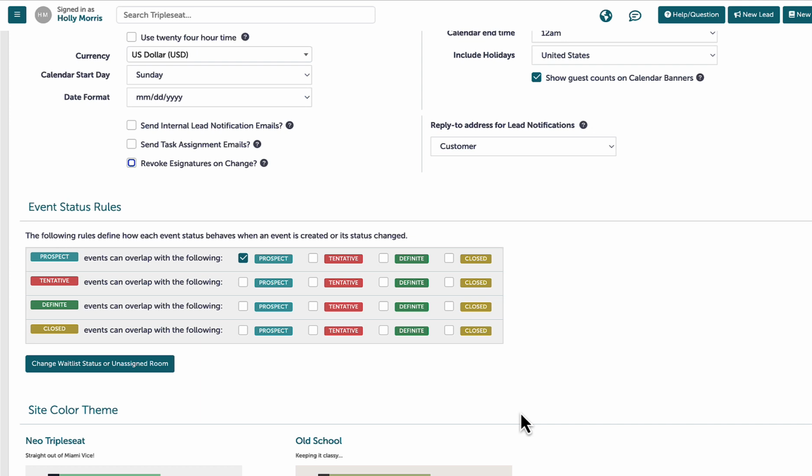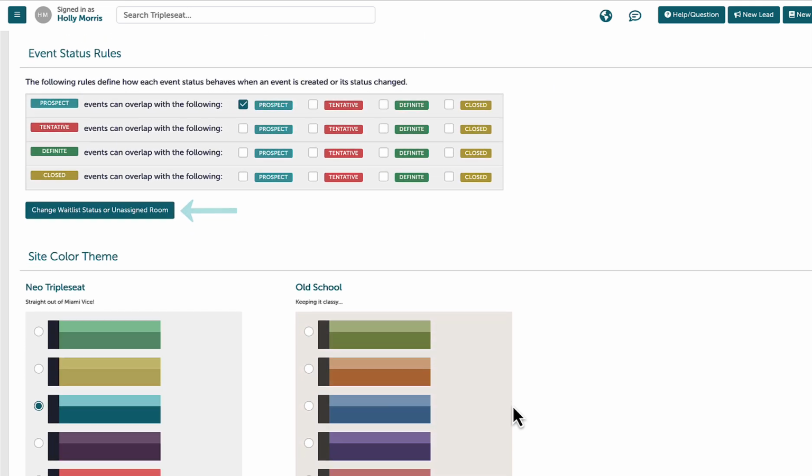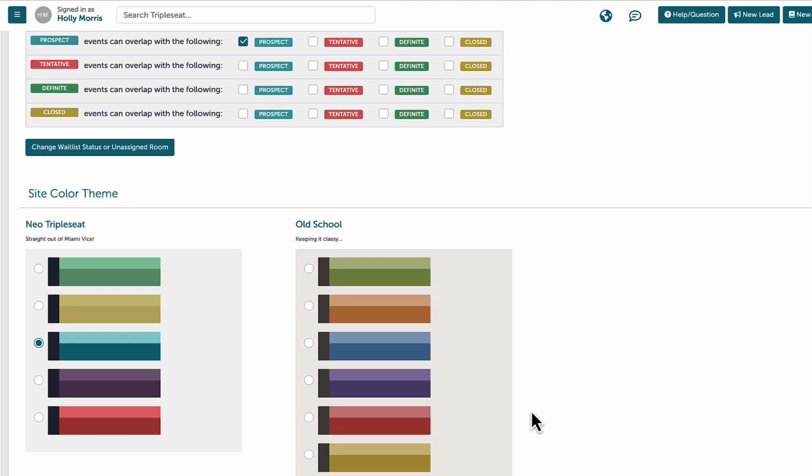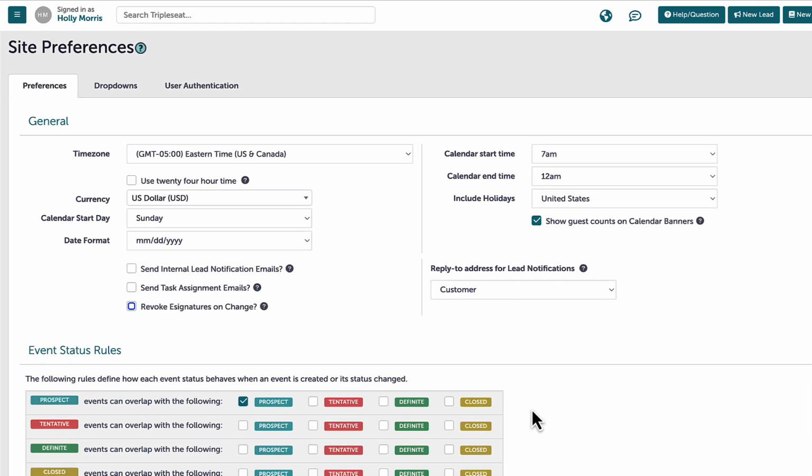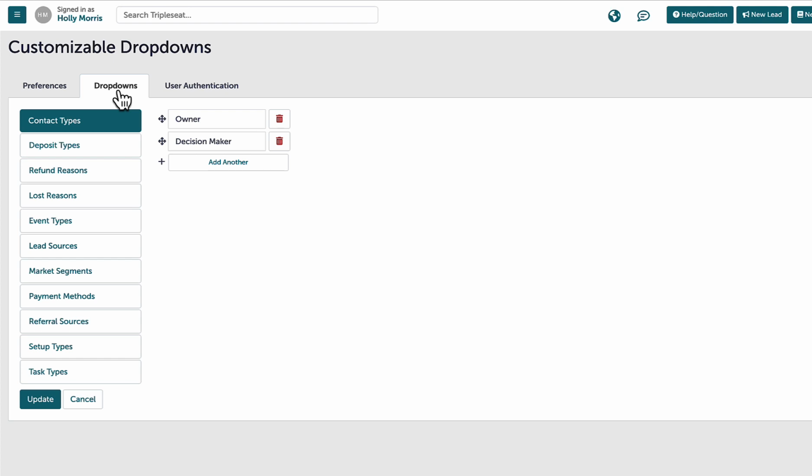If I wanted to set up an unassigned room to allow events to be booked without choosing an area or enable a waitlist status, both can be done here. At the bottom of this tab is the option to change the color scheme for all users in the Triple Seat site. Moving into the next tab, Dropdowns is where all of the drop-down lists that exist in Triple Seat live,